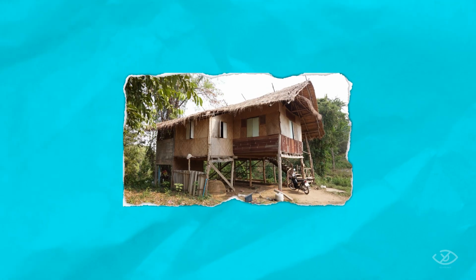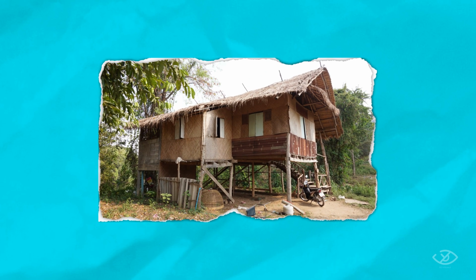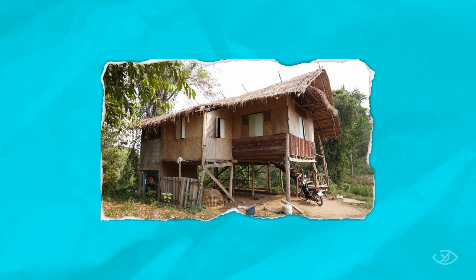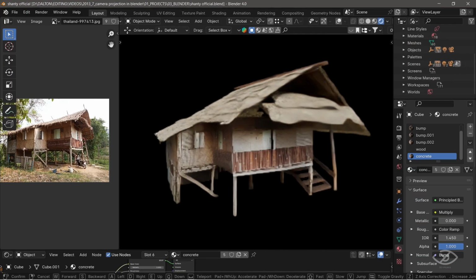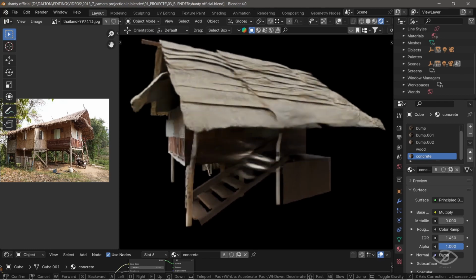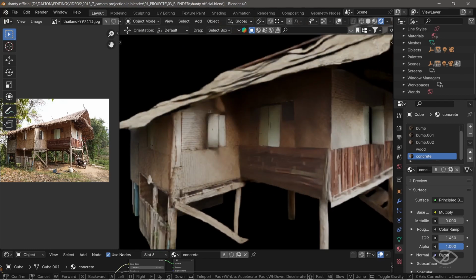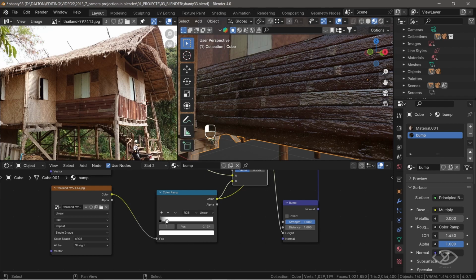I was thinking what content to create next when I stumbled upon this captivating image. Its rustic beauty and timeless appeal instantly captured my attention. I tried to recreate a similar look, and I ended up with this result. In this video, I will show you the creation process and some tips I learned creating this realistic medieval house